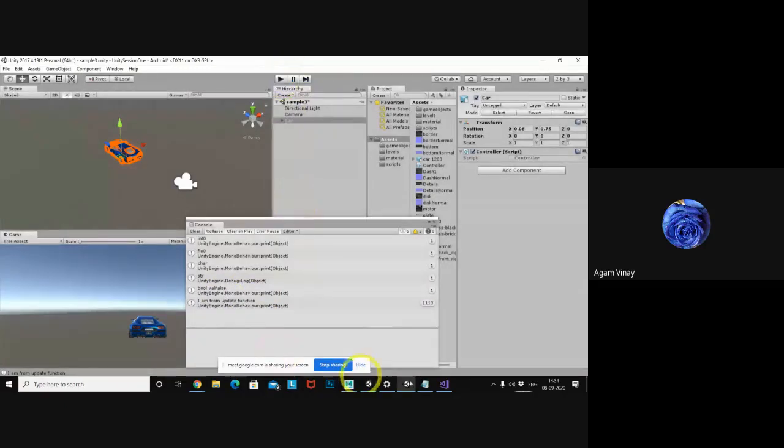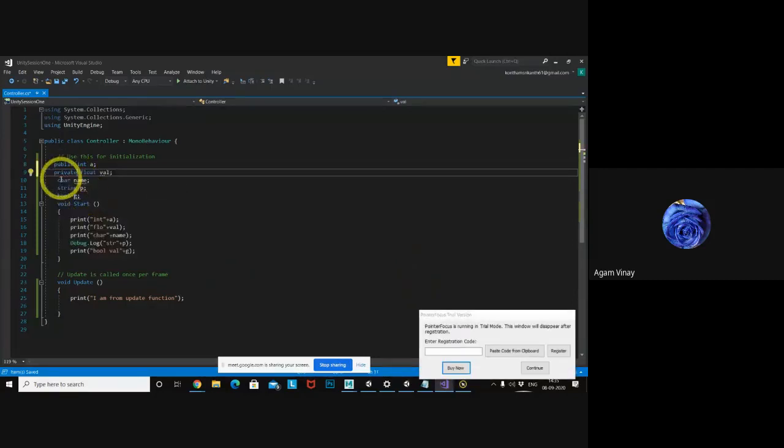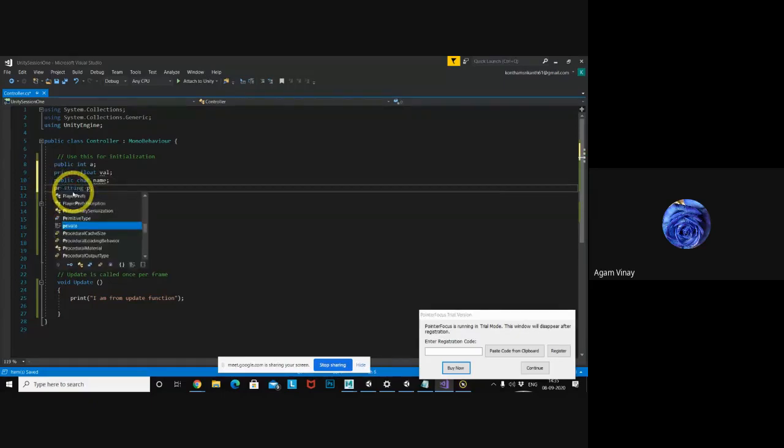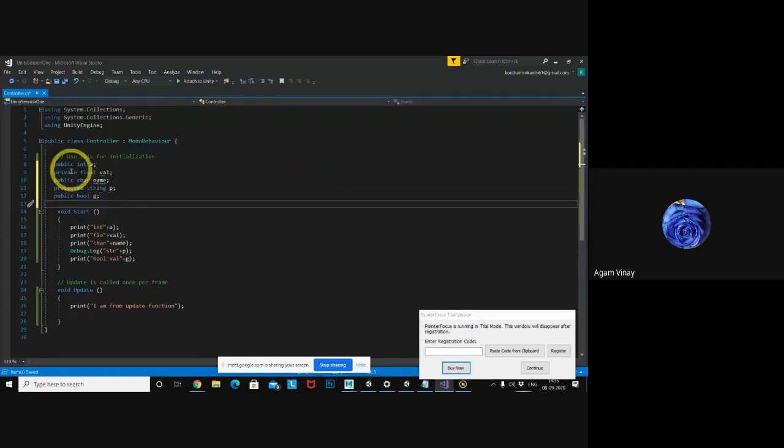Now we have access specifiers, right? Public, private, protected. I just want to add them and show you. Public, I will write private, and again public for character, and again protected for p, and again this is for public. No need of confusion. I am taking a public value for integer, public for name, public for boolean, private for float value, and protected for string. Just look at how it appears in the console.